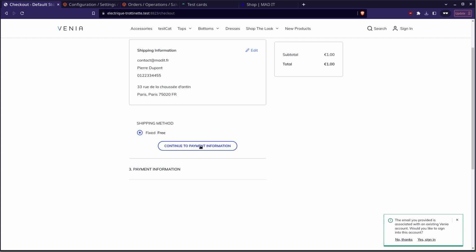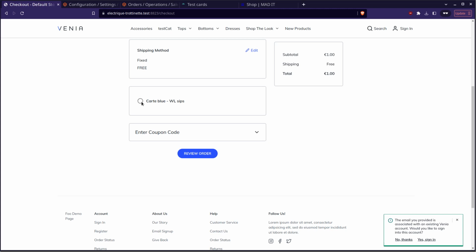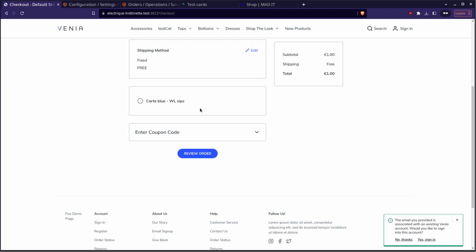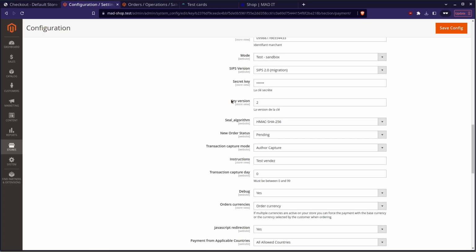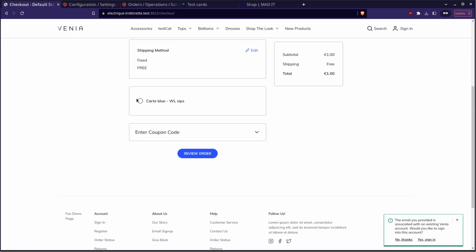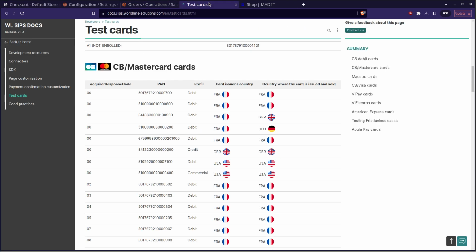We are going to select the shipping method, and now our payment module will load up. As you can see, this name comes from the configuration in the backend, so you can change this text by modifying the backend information. All right, so now let's select this payment method,